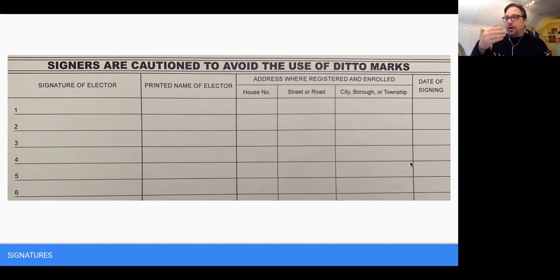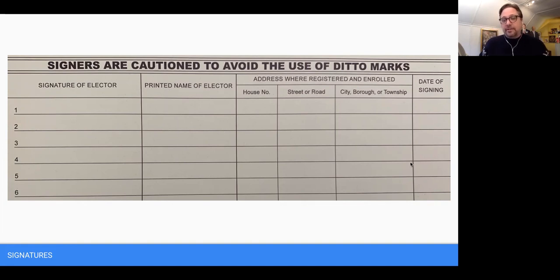If your dates are out of sequence, it could cost you not only that single line, but every signature below that line as well. So that could be brutal. If that's on your third or fourth line on a petition and you've gone out and you've collected 30 petitions, and someone wants to challenge your petitions on the fact that your dates are out of sequence, that could cost you the other 27 signatures on your petition and you are off the ballot. So making sure that those dates are sequential is critical.